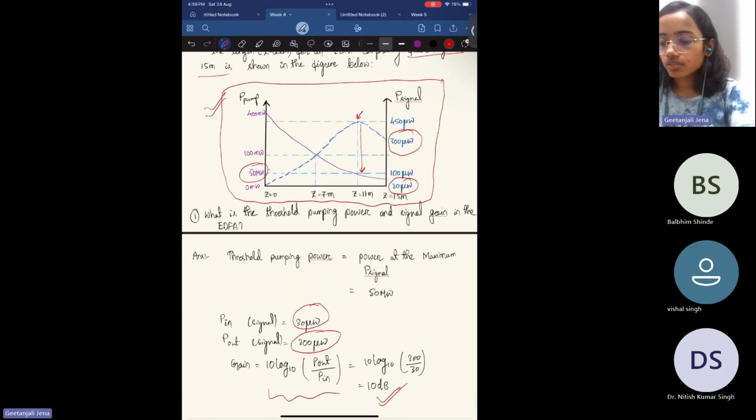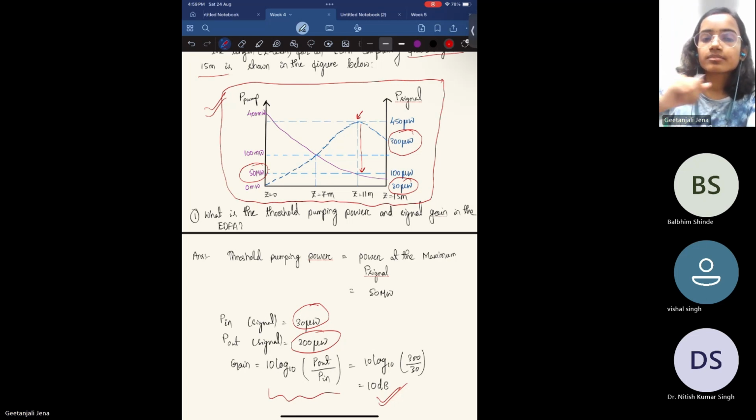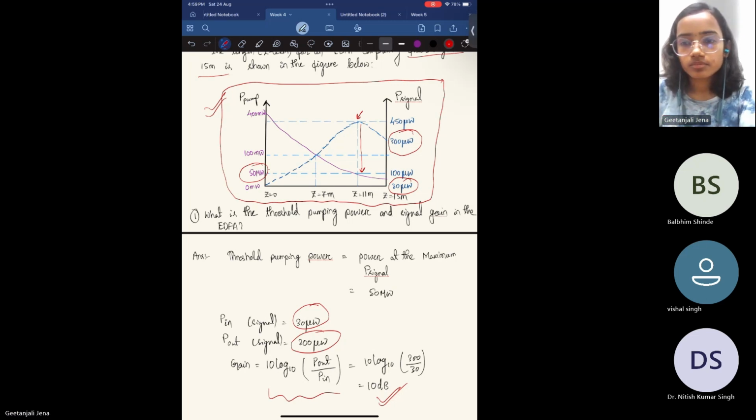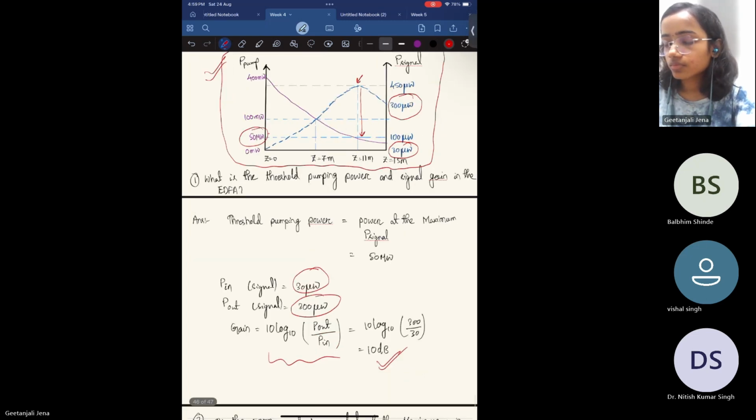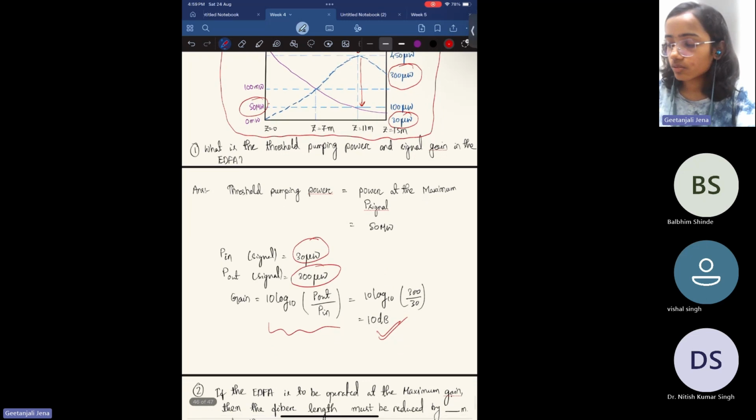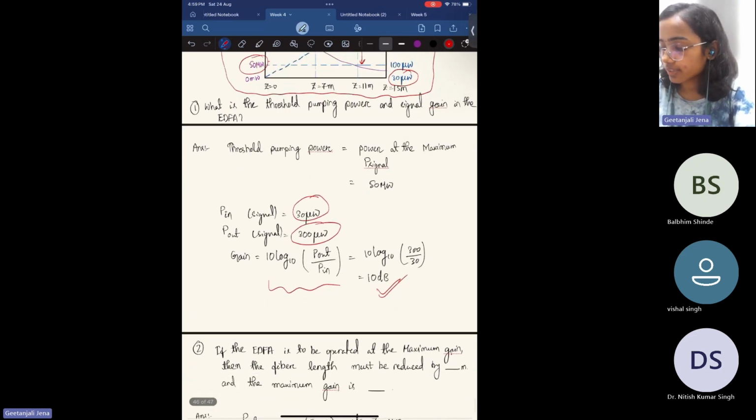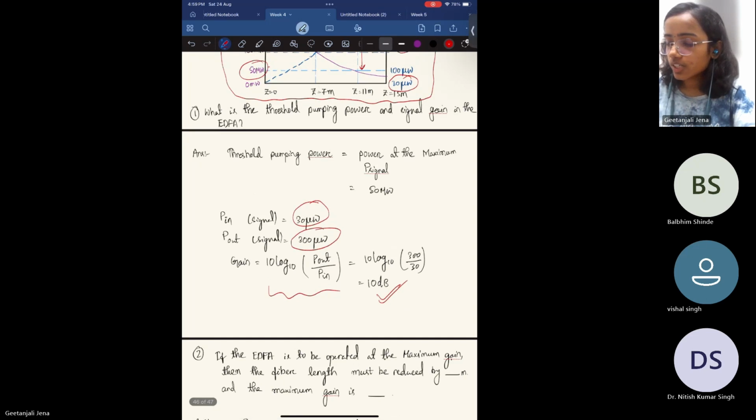So is this clear to you? These two solutions? Otherwise, we'll move to the next part. Okay, so I think there is no doubt in this problem. Then let us move to the next part. So the next part is,